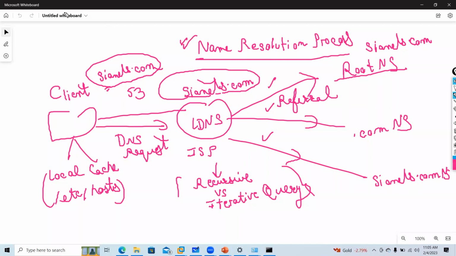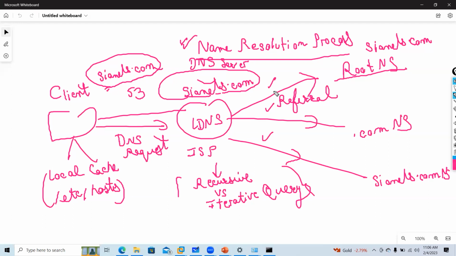In recursive DNS query, your client sends a query to the DNS server. Let's say this is my one DNS for name resolution. When a DNS request comes, the reply can be the answer to your query or an error message.